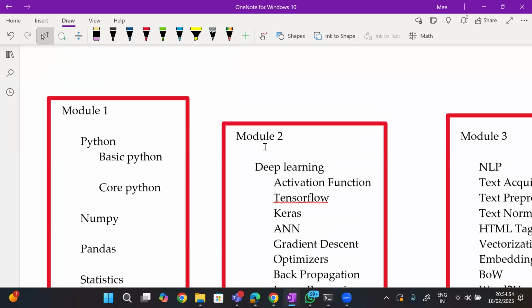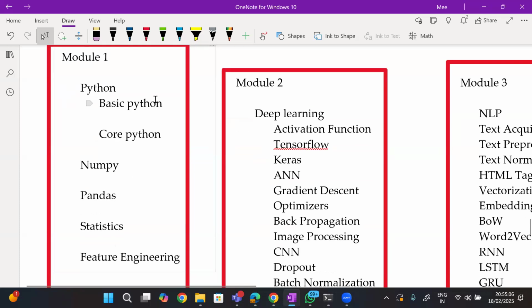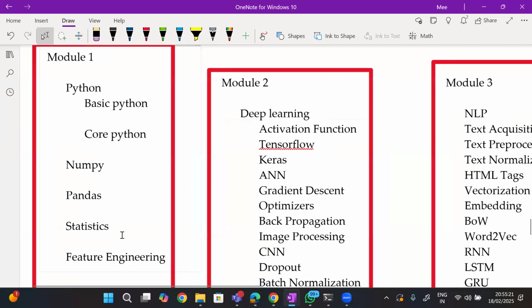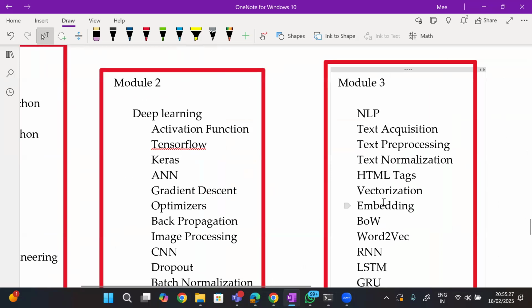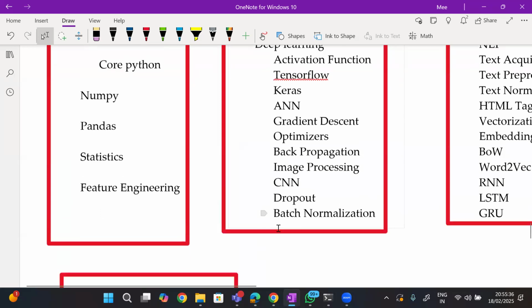In this, machine learning will not be included. Machine learning, ensemble learning, time series, all this will not be included. As I told you, you will be getting the basic understanding of Python, which we are going to cover in a week's time. Then from there on, you will be entering into NumPy, Pandas. So here we will lay all our foundation so that you are comfortable in moving forward. And once we enter into deep learning and NLP, then you will be pretty comfortable to deal with generative AI. So this will be your complete course structure.